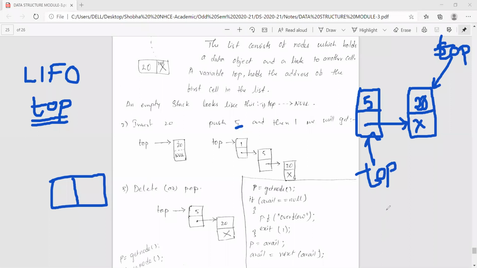What are those two statements? Let me write it down here.